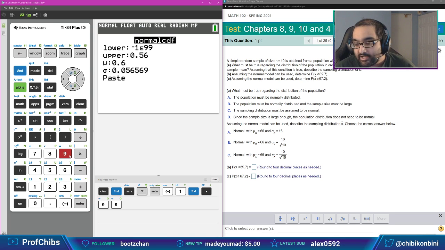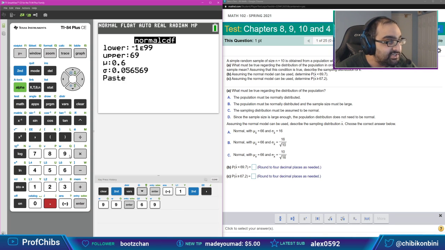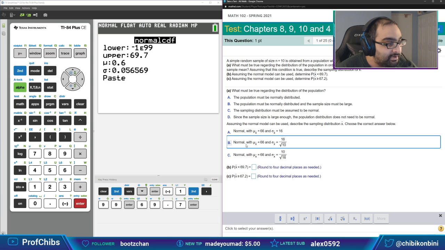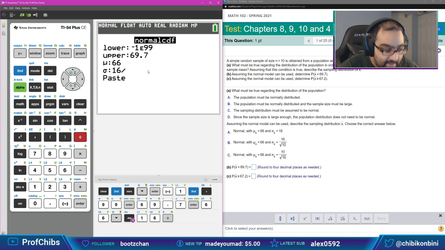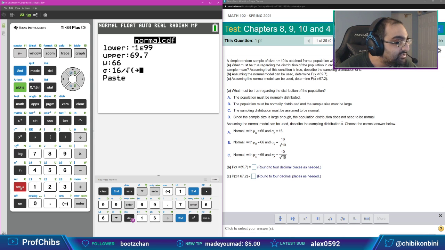That'll reflect like minus infinity on our calculator there. Our upper will be 69.7. Our mean here is what we have in letter A, this part here, which is 66. And then our standard deviation here specifically is going to be exactly what we put down in letter B, which is 16 divided by the square root of the sample size, which in this case is